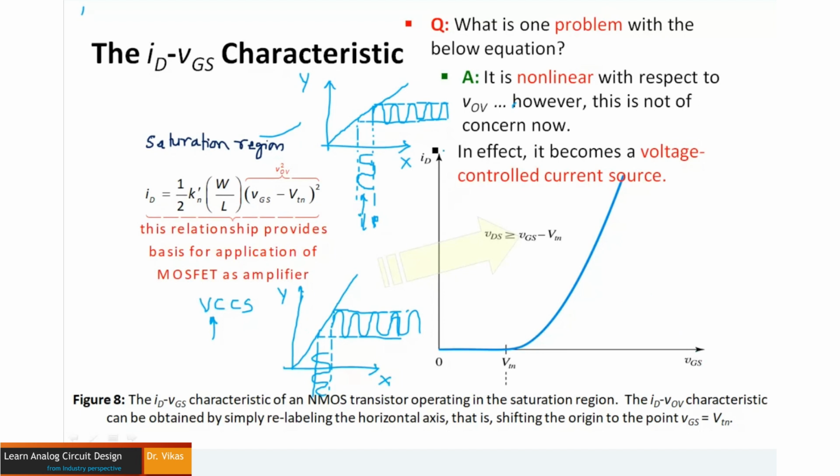So this is basically VGS versus ID. Now, let's try to plot some graph, just to give you some glimpse about the amplification process itself. Carefully observe. Let's say this is my MOSFET, and let's assume that I have given a certain amount of VGS and some amount of VDS also,